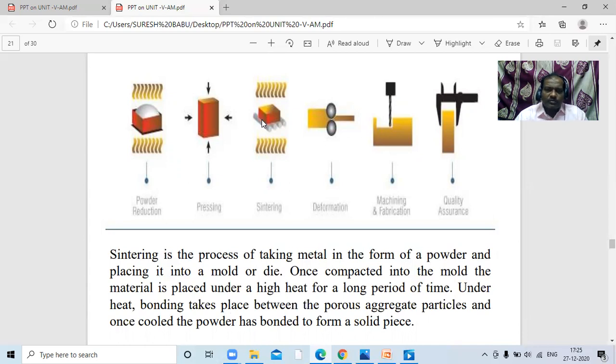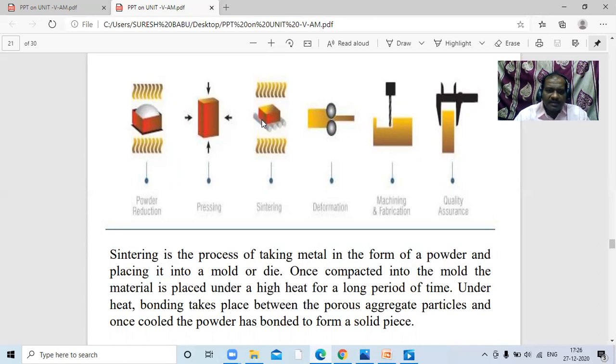Gap between the molecules is going to be reduced. Uniformity in the workpiece will be well defined. So by doing this, we are going to get a reduction of the size as well as density increases. By density, strength will increase, hardness will be increased, and so on. The properties are going to be enhanced by using this.